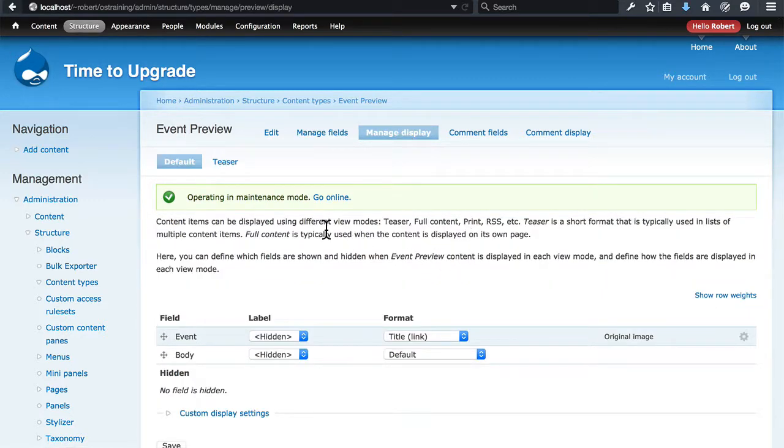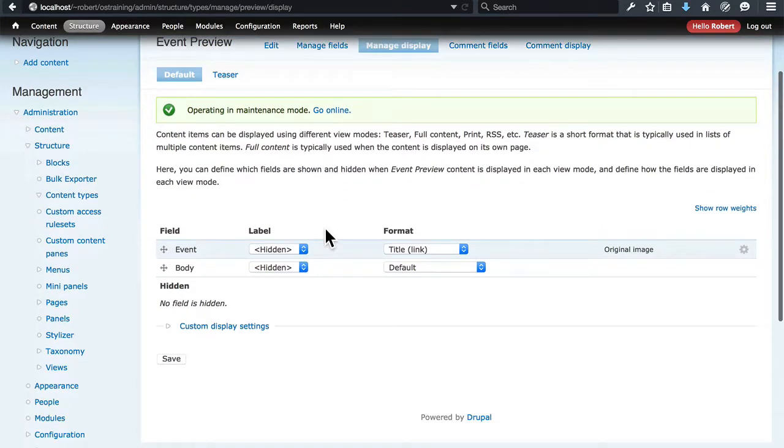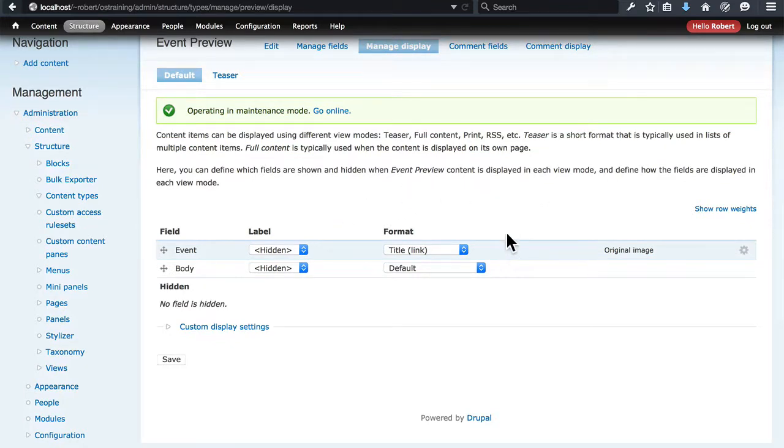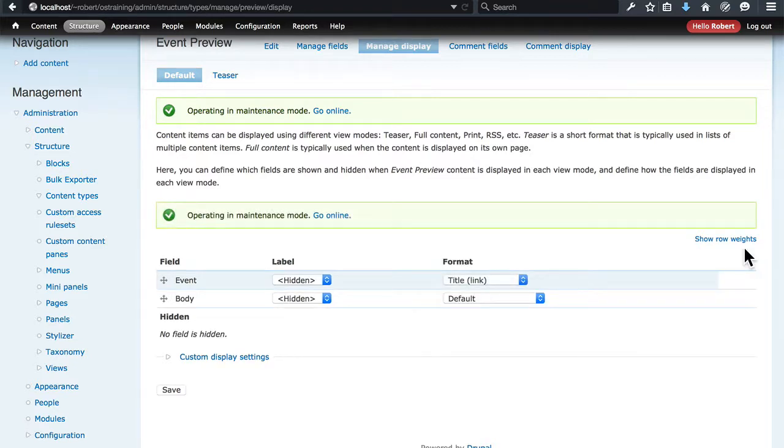If we go look at the display, we do see something that looks a little bit suspicious here. We see original image and a gear icon, supposedly for image settings. However, when we clicked on that, it kind of went away, like Drupal realized, oh, this isn't actually supposed to be here. If we click on format,